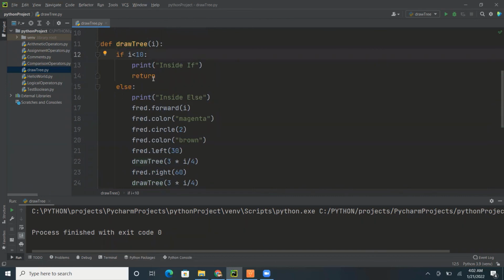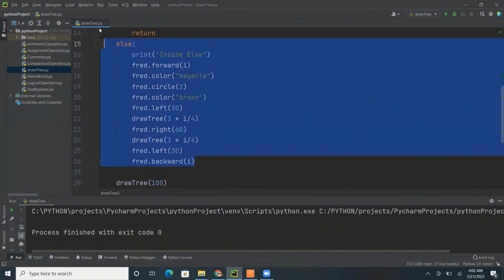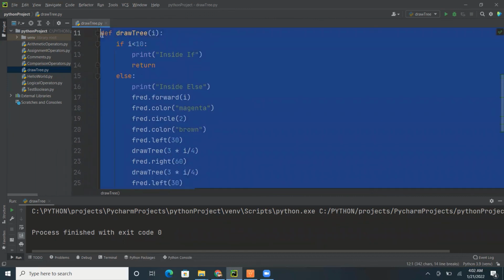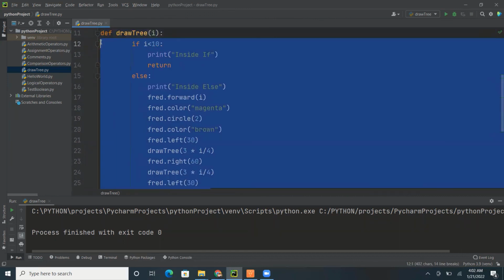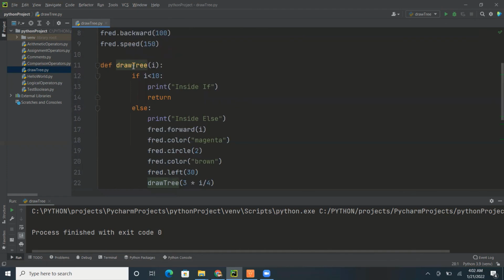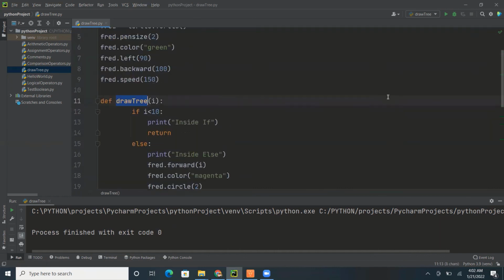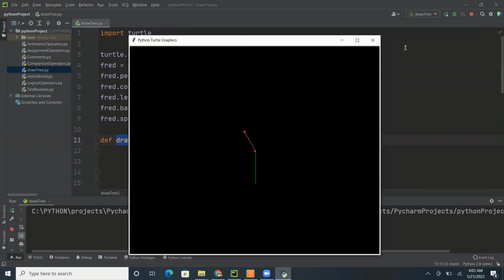I don't know how we can do it all together. Let's see if we can do it. Yes, I can do it. So I have changed the indentation, and then these two things I have to move left, so they come outside of the function and draw tree. Now let me save it and try to run. I think everything looks good here. Yep,